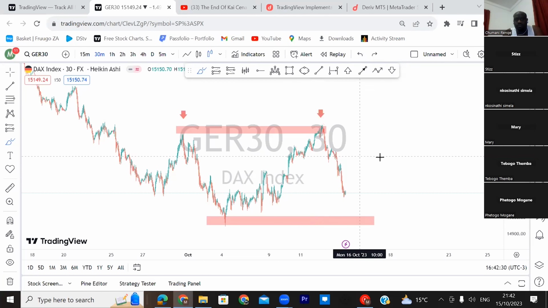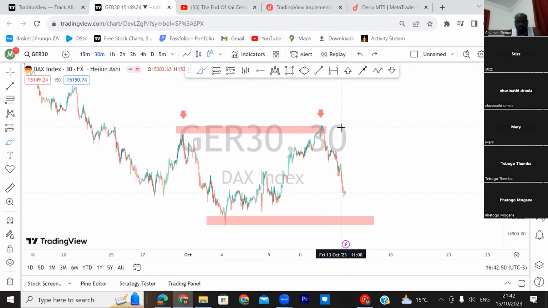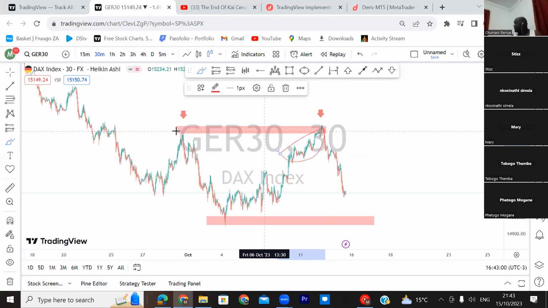So what that means is now we have this nice reversal correction forming at a very key level, which is the double top. So just those two